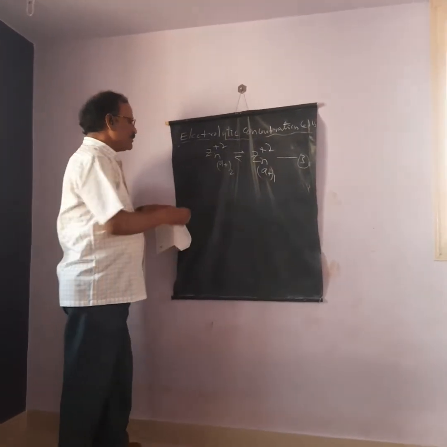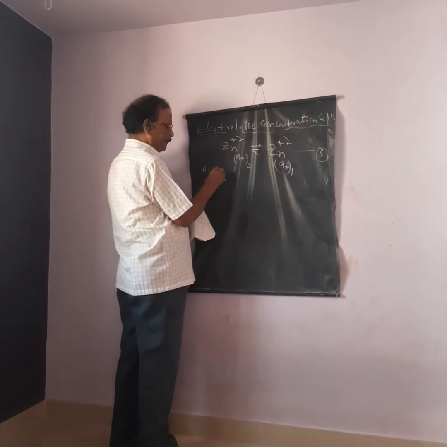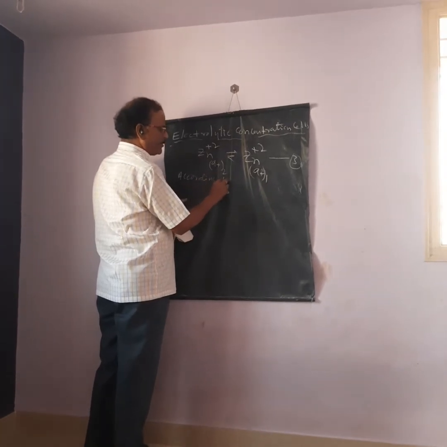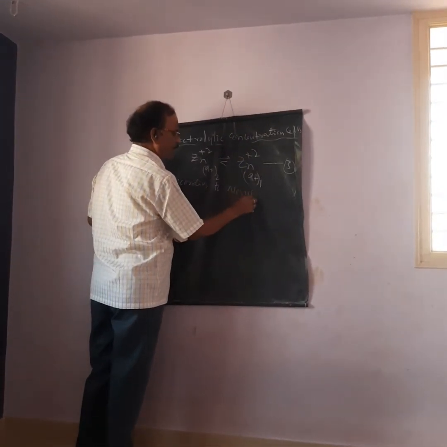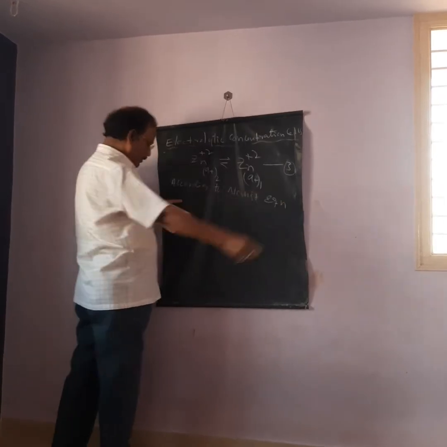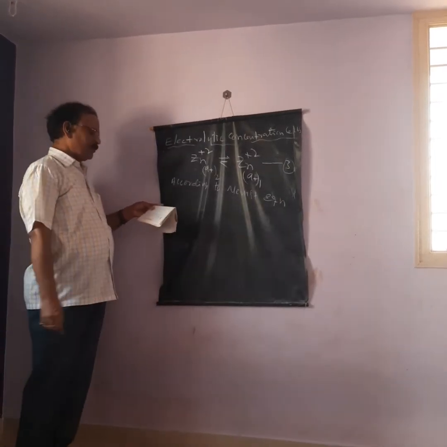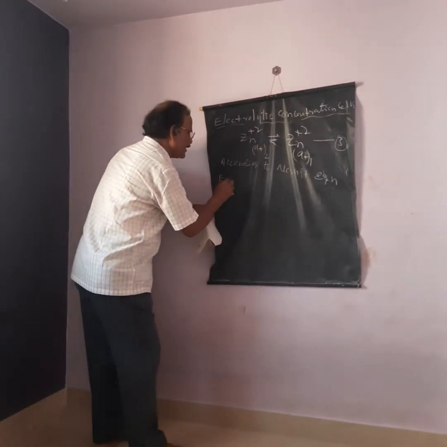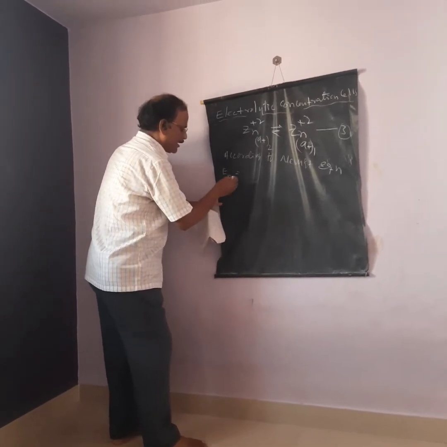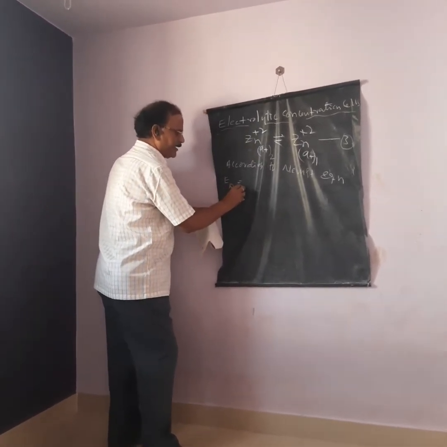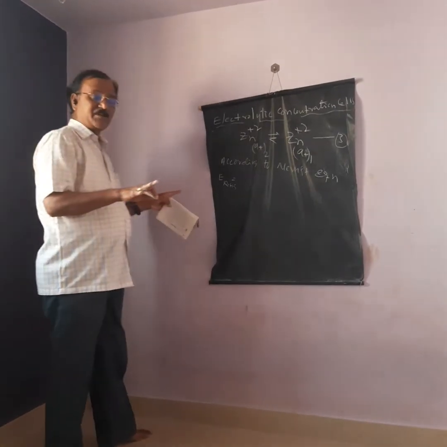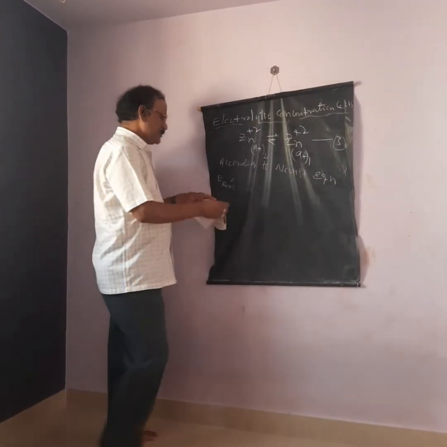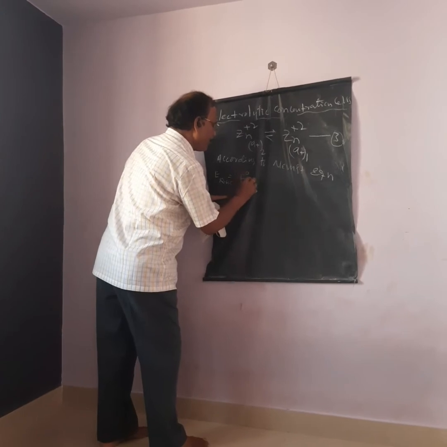So according to the Nernst equation, the reduction potential of the RHS and LHS electrodes is given by E_R, that is, the reduction potential of the RHS electrode. Both are taken as reduction potentials, which must be remembered. So the reduction potential of the RHS electrode is E0 minus